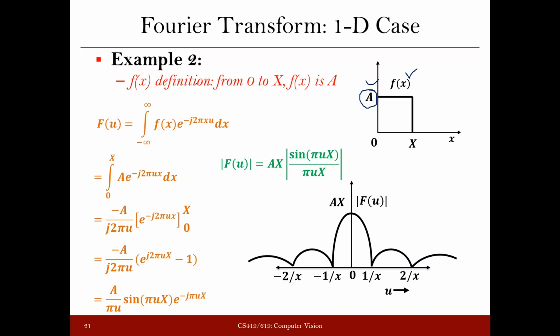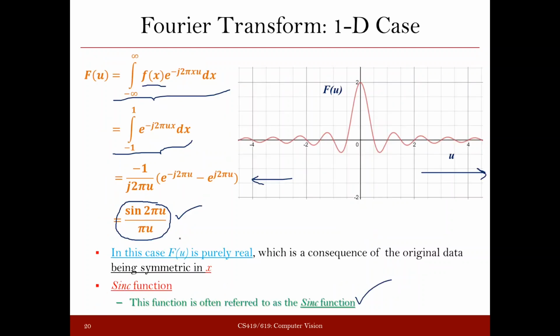Okay, so again use the same formula. This is the formula for the Fourier transform. In place of f(x), between 0 and capital X, you keep the value of f(x) as A, and in the other 2 segments, minus infinity to 0 and X to plus infinity, the value is 0, so they are not appearing here. You now do the integration of this expression, and finally you get a function like this. Now you see here that this function is not a real function, right? This expression is not a real expression. So how to plot this? Because in the previous case it was a real function, you didn't have any imaginary term, so you could easily plot it.